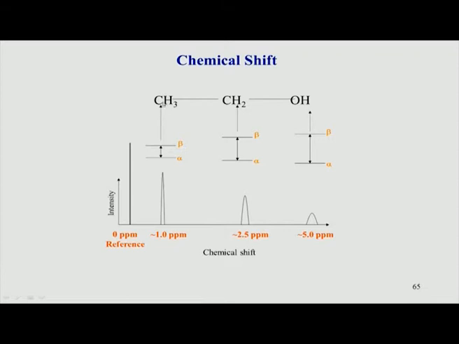So, the point in this slide is to see that each type of hydrogen has a different local magnetic field. When we talk about shielding, we say the local magnetic field. Why local? Because the main magnetic field, B0, is the same for all of them, but locally around this nucleus there is a shielding which is different from here and here. So, each of them has a different local magnetic field, and if the magnetic field changes, the omega changes, that is the precessional energy of excitation changes, and therefore they come at different positions.